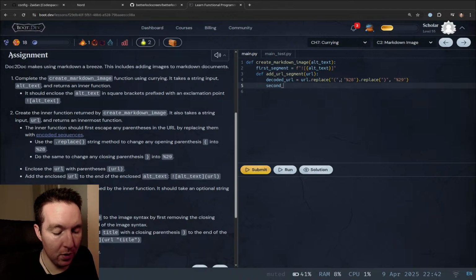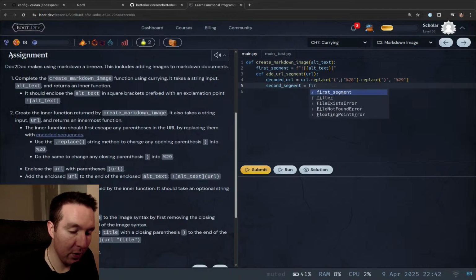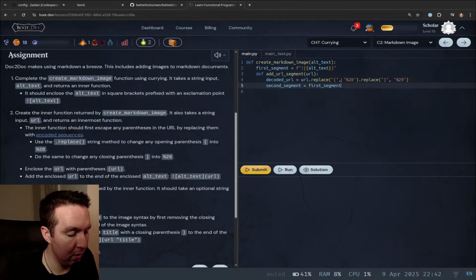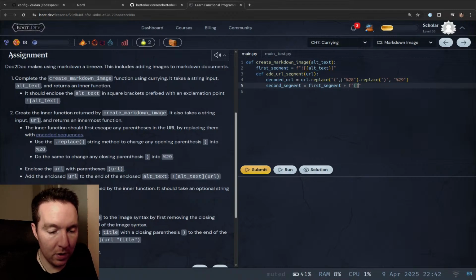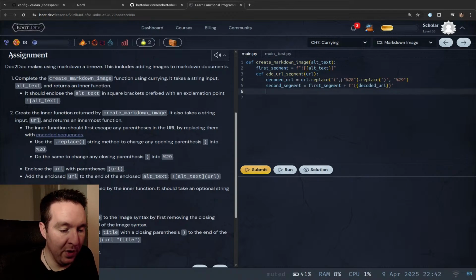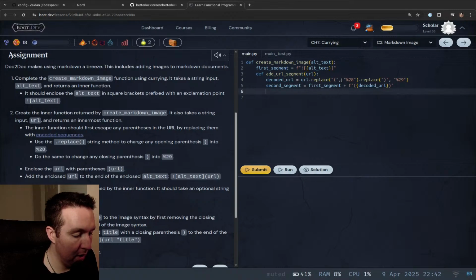Second segment equals first segment plus, and then f string, brackets, curly brackets, decoded URL. And then